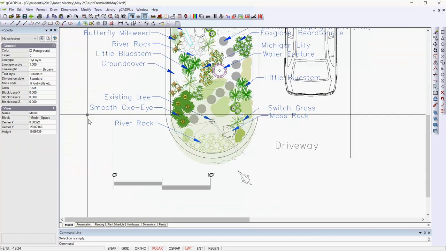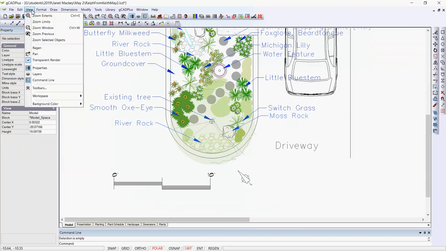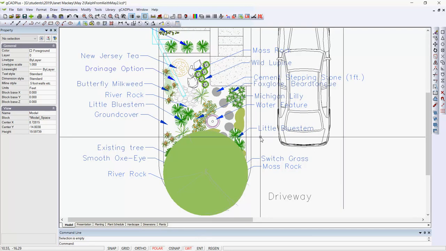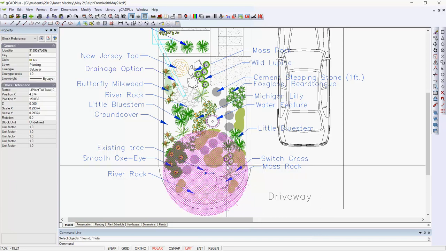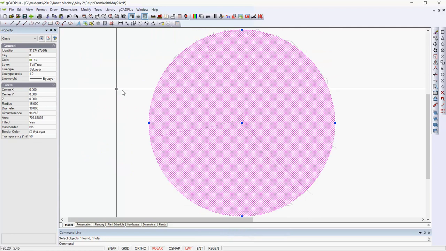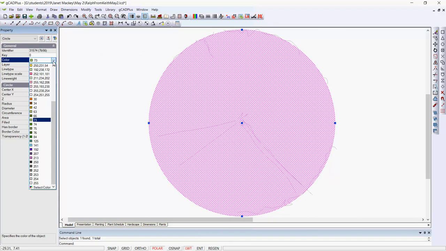Let me go back to the model. We do have a switch where we can say turn transparent render off, and you can quickly see those elements in the drawing where the designer has applied transparency. So that's a quick way of, now if I want a version of this that will print at ultra high resolution, I have to accept that I won't get transparency, and I'll probably dive in here and edit that block and change the color here from color 73 to,